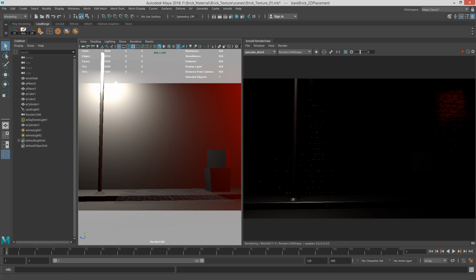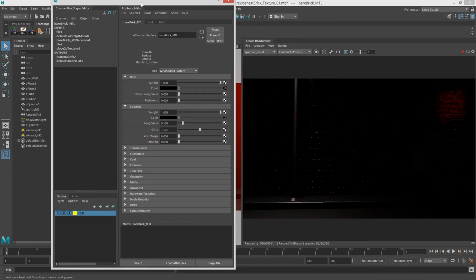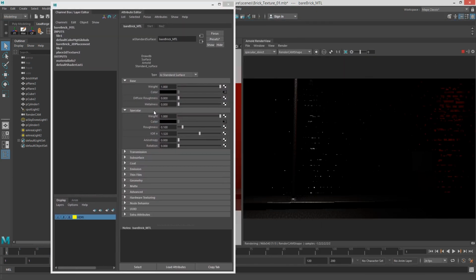One thing, this is like way too shiny. So let me just run this, and I have my bare brick material selected. I'm just going to increase the roughness. Also, I think this is like way too dark. So for my